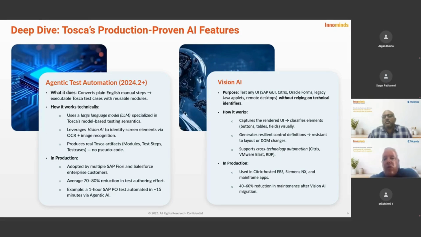So what I am able to do initially on SAP Fiori, but I think you're going to see us expanding that to any web-based application, as well as some heavy UI applications later this year, is give it an instruction such as create a purchase order in SAP, or give it a list of manual steps. From those steps, it will look at each screen and understand what needs to be done on that screen to achieve the objective of that screen to get to the next one. How we do that is with Vision AI. I'll talk about that in a minute.